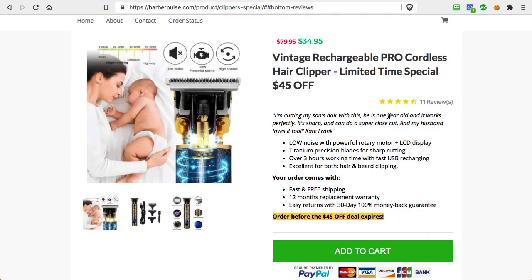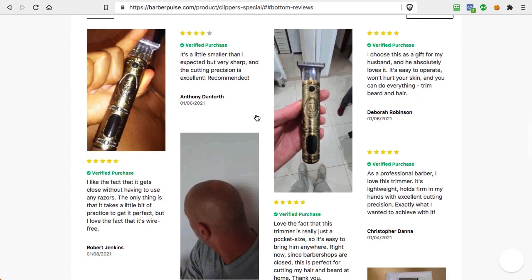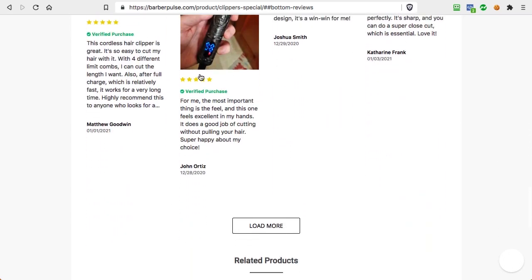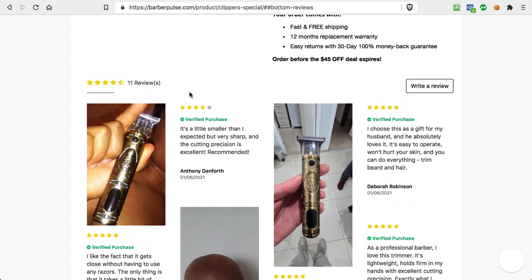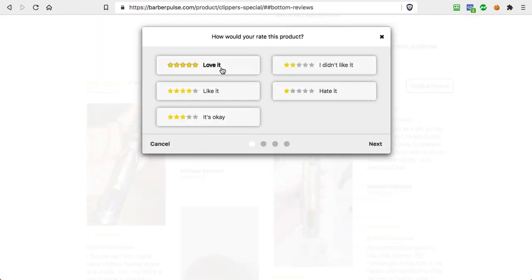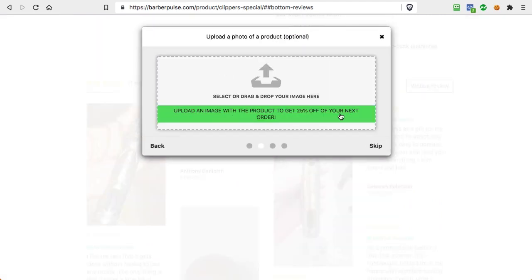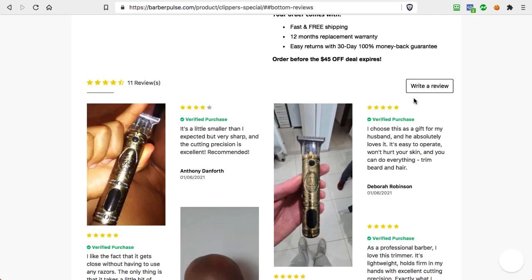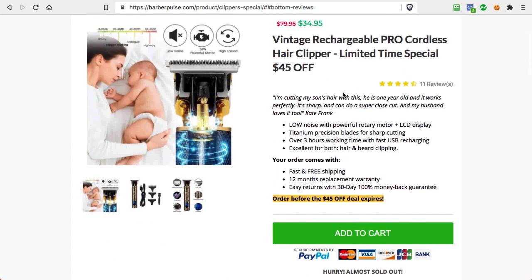Now, when it comes to the product description, featured image, and reviews, the first thing is that you obviously want to have reviews on the page, right? You also want to provide an easy way for people to leave a review, and maybe even if they upload an image, which is a visual representation of the product, you can give them a discount and incentivize that action. And we have built that inside of the Dashniks PowerTech Store Builder.